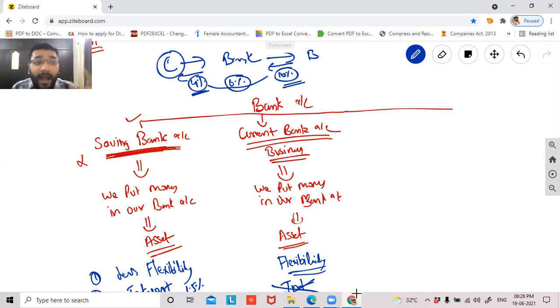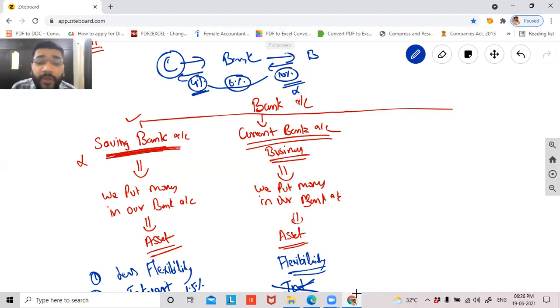So he says that, I don't know, today you'll put money and tomorrow you'll take it off. Then how can I give it to the businessman in future? I cannot give the money to the businessman in future. Therefore, I'm not able to earn the 10% interest, because I'm not able to give your money to somebody else, because you're putting the money and the next moment you're withdrawing it.